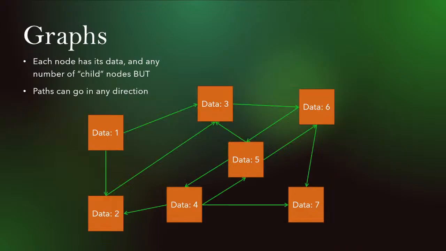Now, to get things even more complicated, are graphs. You can see the similarity between this and trees, except this isn't really a tree-like structure. It's just a mesh structure. The thing about graphs is nodes can point to whichever one they want to. They can point one direction, or they can be bidirectional, pointing to each other. For example, data 5 is pointing to 4, it's pointing to 3, and it's pointing